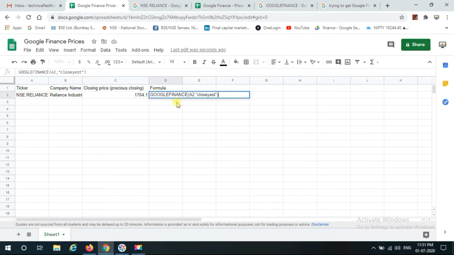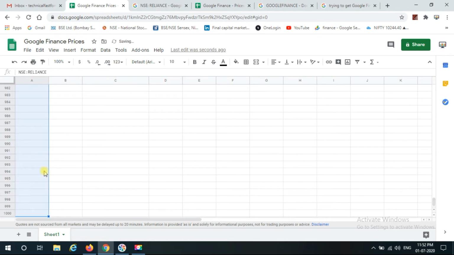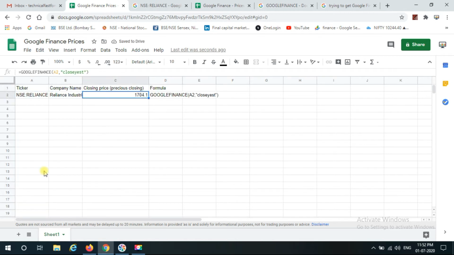So here is the formula which is updated. If you wish and you don't want to give any cell reference, you can directly copy the ticker, remove the reference, and paste it over here. You'll get the same price. It depends on you whether you want to refer to the cell or give the ticker itself. But I would prefer a cell reference because it is better if you have a number of items in a list. Let's say you have a list of 100 shares. In that case, instead of changing individually, I would just directly give a cell reference.